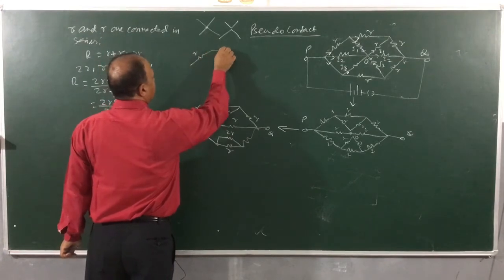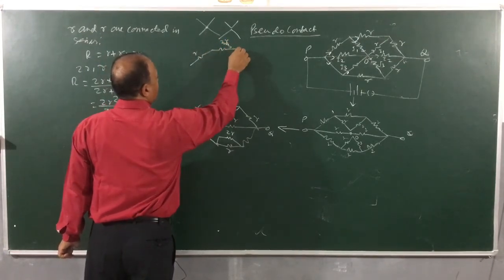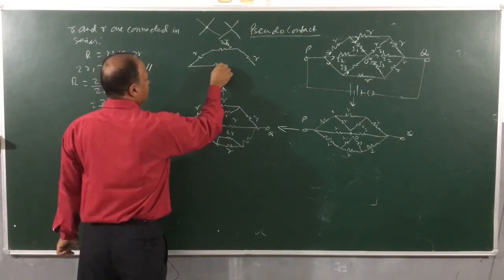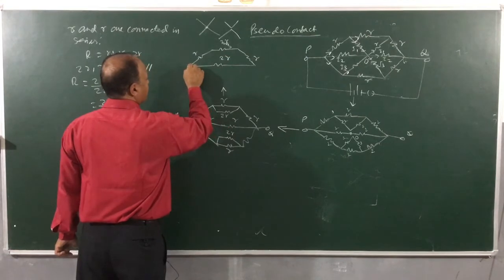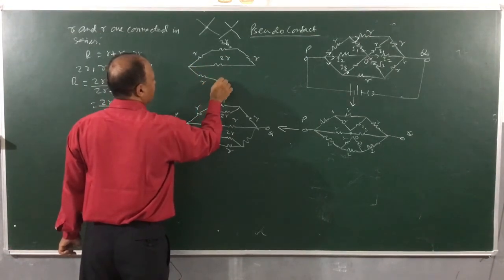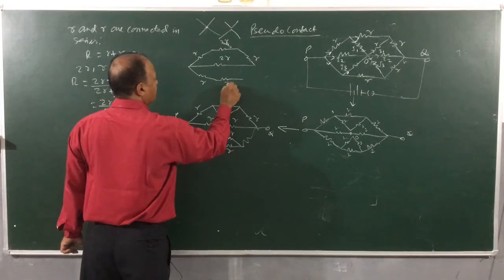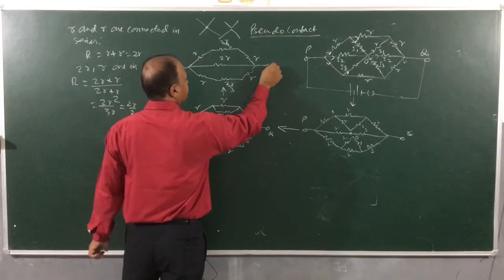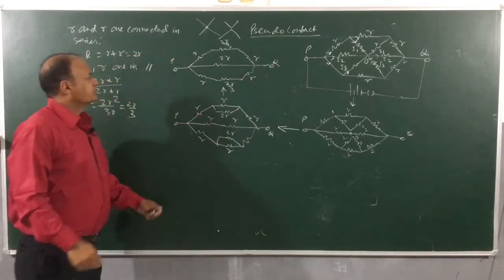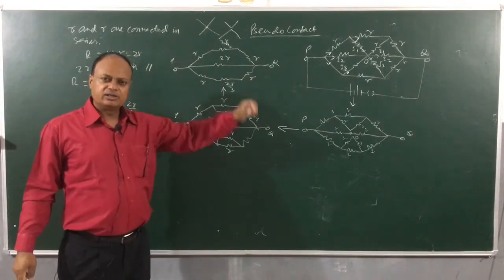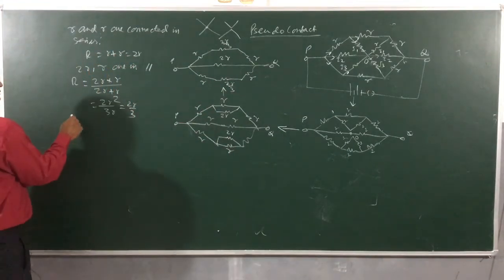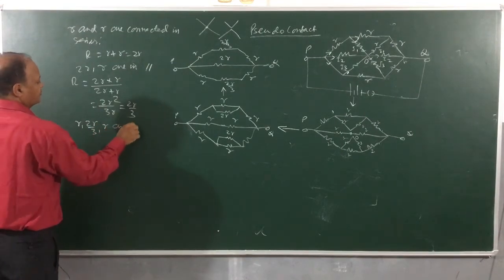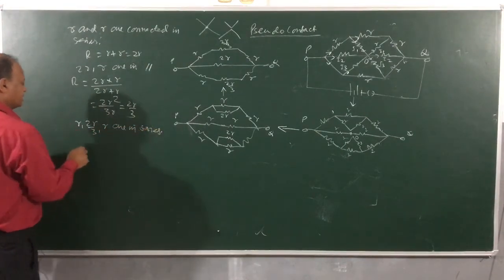This is R, this is 2R by 3, and this is R. And again R and R are in series. So the resultant is how much here? 2R, and this is R, this is 2R by 3 and this is R. So this is easy to handle now, children. Now, R, 2R by 3 and R are in what? Series. So what is the resultant, children?